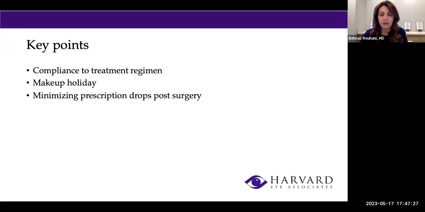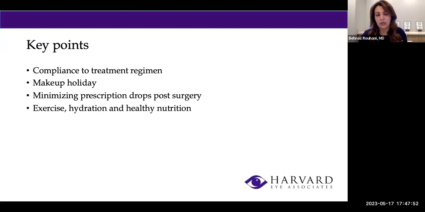These days, we have the beauty of having the antibiotics in the operating room to be given in the eye while we do the cataract surgery, and also putting a little bit of a plug, which does have steroid in it, to minimize the amount of drops after surgery, because drops, because of most of the preservatives in them, can irritate the surface of the eye and cause more of a dryness and problem after surgery, and irritation and discomfort.